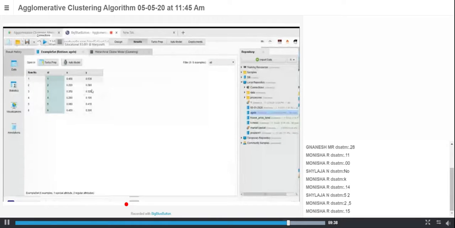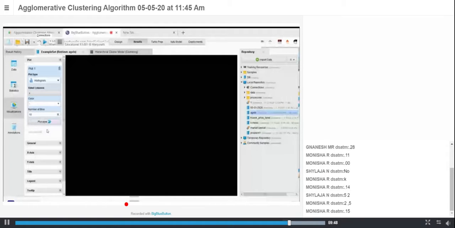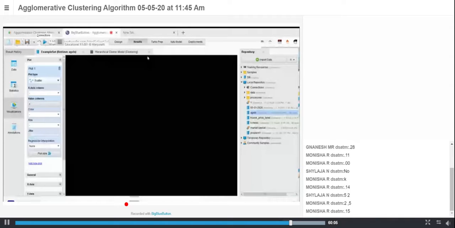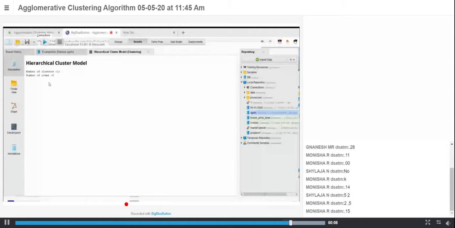This is the data set we considered, with x and y coordinates. Each point is represented with x and y coordinates. If you visualize, you can easily see the graph marking each point, but I think visualization is not possible with respect to sharing. So I'm going to the clustering part. The total number of clusters we found is 11, and the total number of items we have is 6.